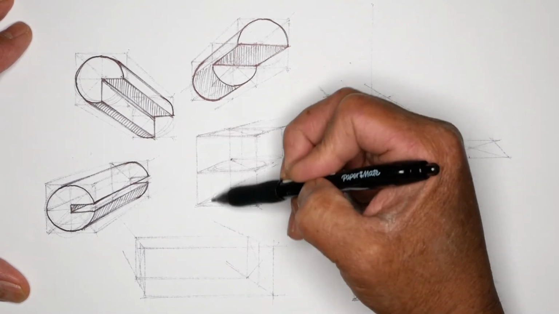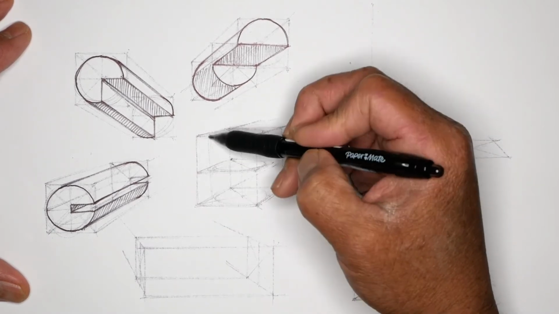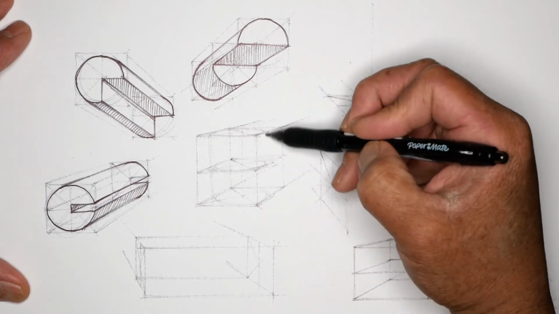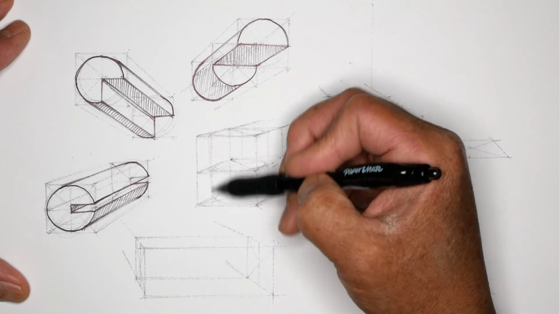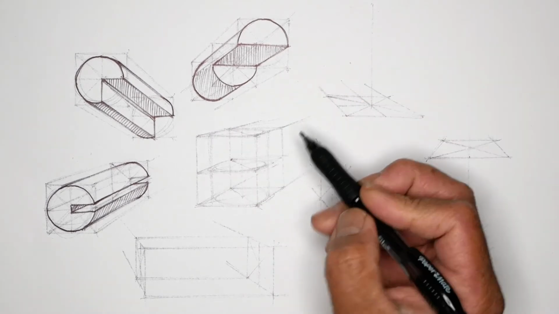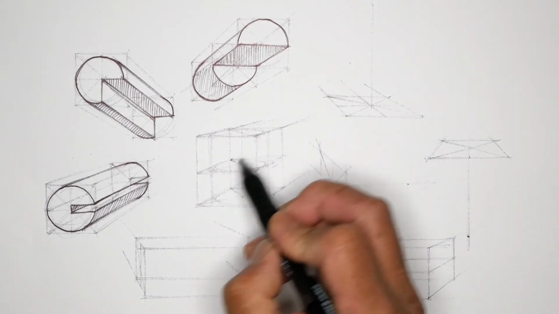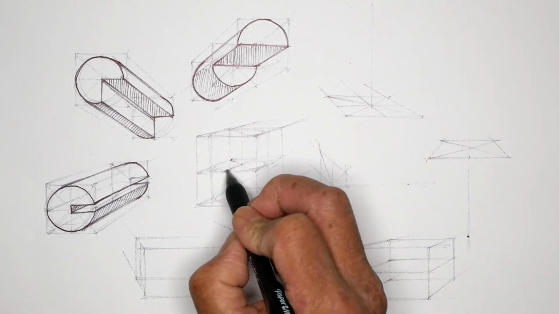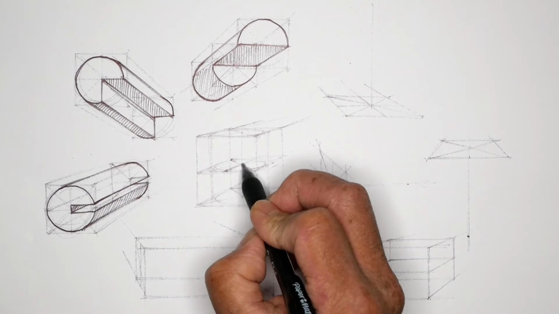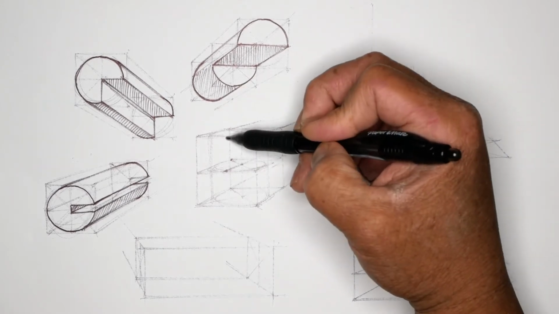Here's the tangent. I'm going to cheat that in. That's totally fine, because we want to make sure those vertical lines are vertical. I'm going to divide through the midpoint and have that go to the right vanishing point. That's the front. There's the center. I can go straight up